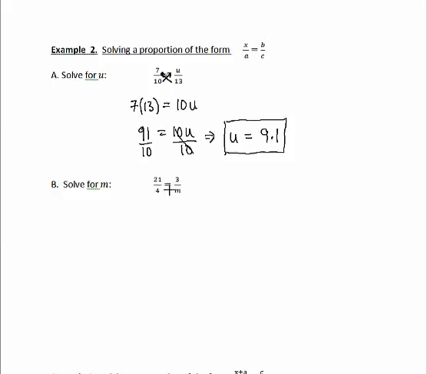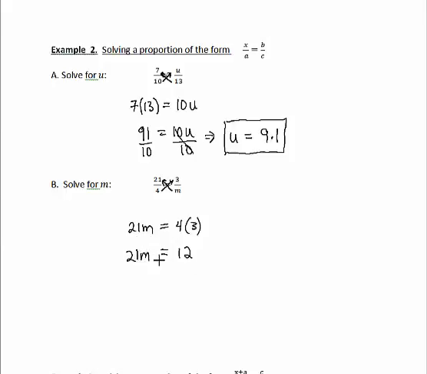B. Alright, this time we have a variable on the bottom, but we do have a single fraction on the left and a single fraction on the right, no other terms. We cross multiply, and so we bring down our equal sign. A bottom times across the equal sign a top. 21 times m is 21m, and then 4 times 3 on the right hand side of the equation. 4 times 3 results in a 12 on the right,